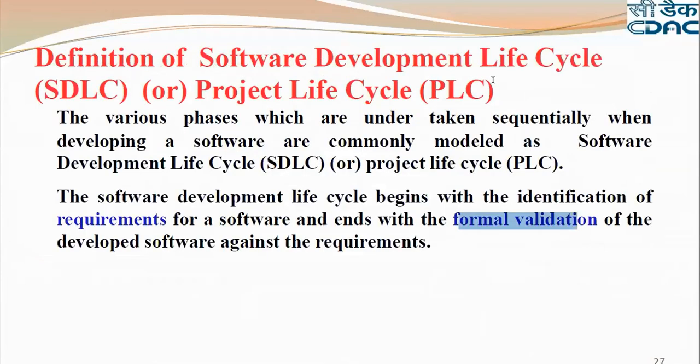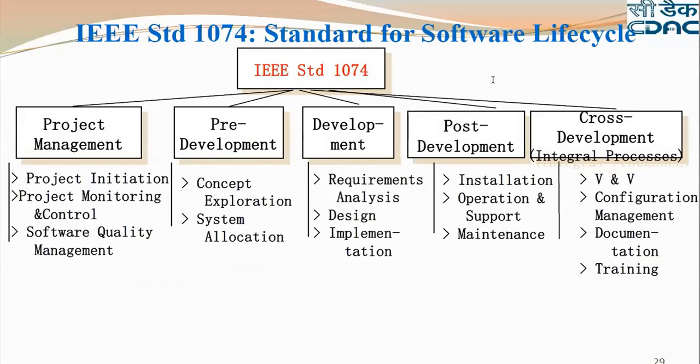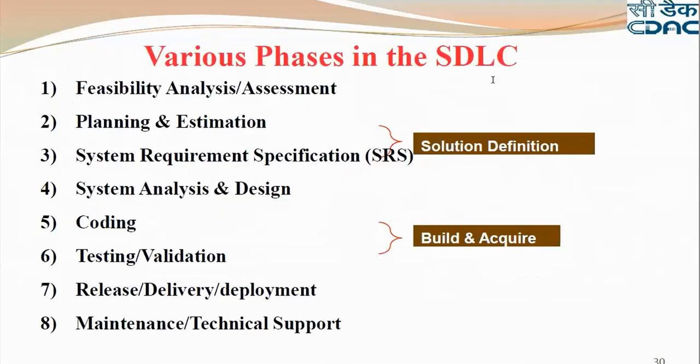See here, only see this slide, IEEE standard. Outside, when you see the English, you feel there's a lot of mismatch, but when you see software engineering, yes, they are more or less the same. Okay. So here: feasibility, analysis, assessment, planning and estimation, system requirement specification, system analysis and design, coding, testing and validation,